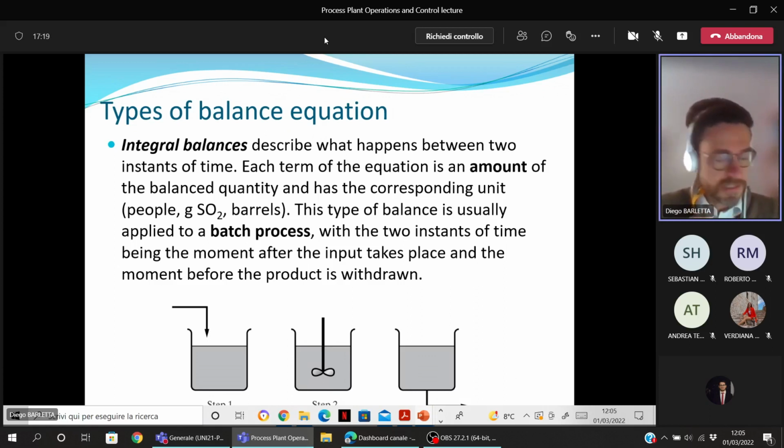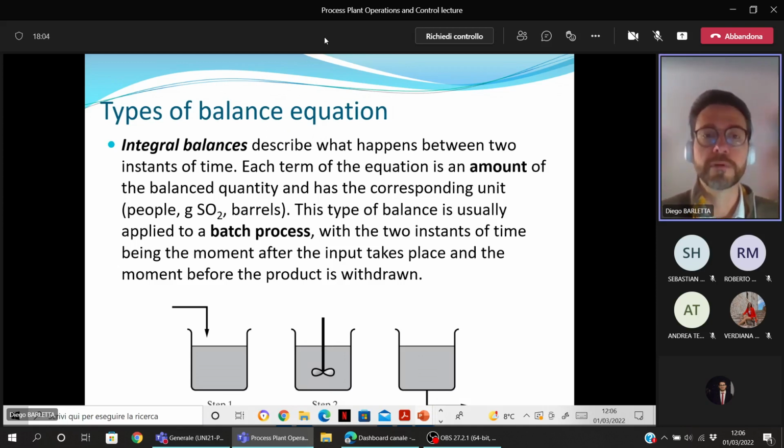So this type of balance is used for batch process. The batch we have seen yesterday is when we have a sequence of operations that are occurring for time intervals. And so in this case, of course, we will need to relate what is happening at two different instants of time. That could be, for example, at the beginning of one process step and at the end of that process step. For example, if we look at step 3, that is the final one in this picture,